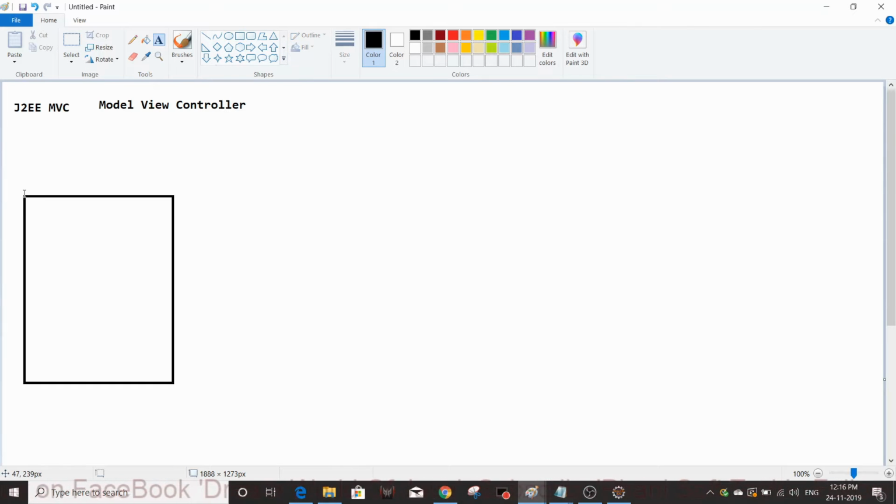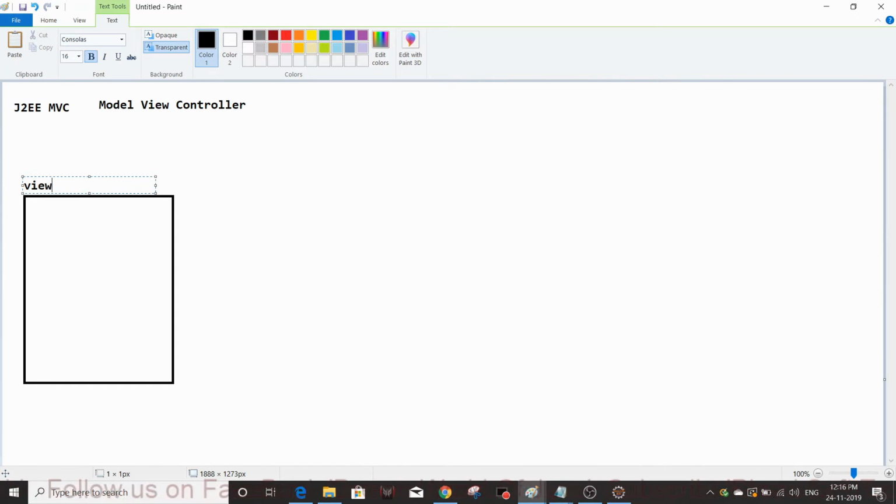This is the view layer. We are using HTML, CSS, JavaScript, JSPs, Angular, etc. These are all view technologies.